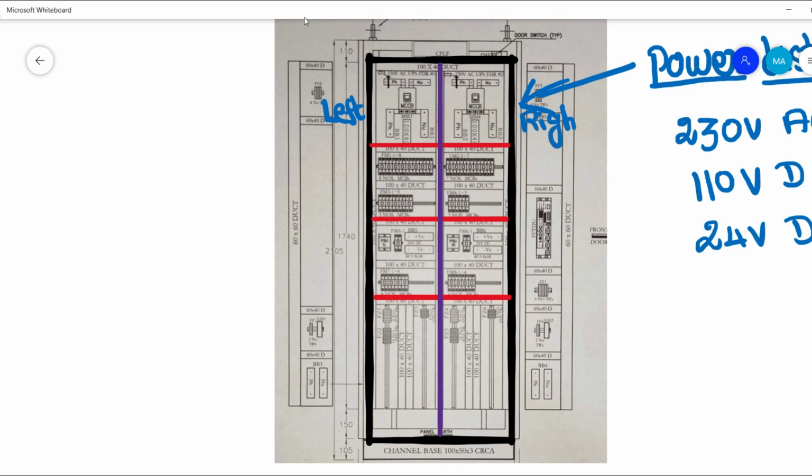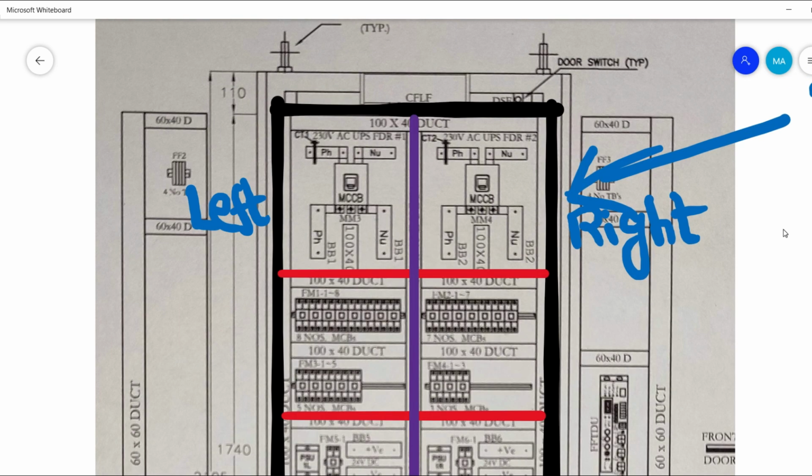You could clearly see that there are two sections, left and right, and this is mainly for redundant support. 230 volt AC power is supplied by UPS from the electrical substation to the power distribution panel in the ICS rack room. Basically, we have two feeders, feeder 1 and feeder 2, both supplying 230 volt AC with redundant systems.